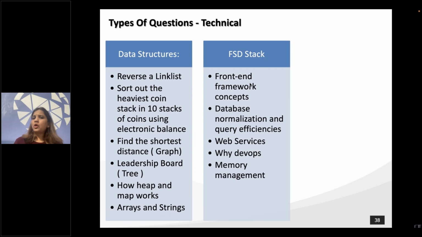You should be aware about the different types of web services. If you say you know DevOps, you should understand the features and functionalities DevOps brings. Memory management is one of the most important and a very favorite question of the interviewers, because resource management and memory management are very crucial for applications. An out of memory error or stack overflow error is one of the worst errors that you would want to get in any of your